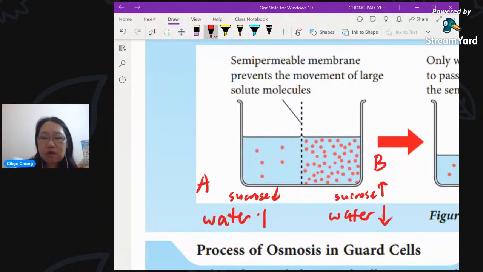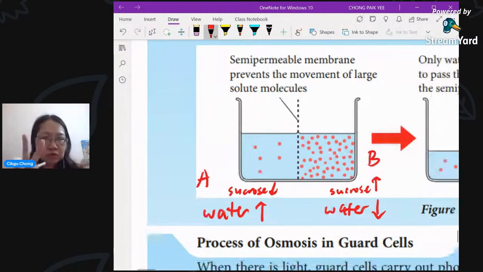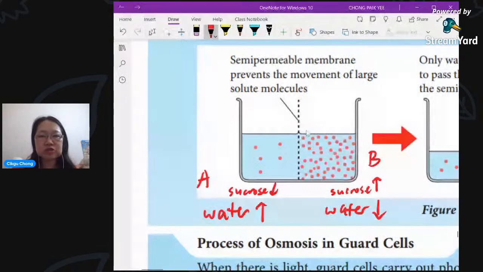Yes, because it's not sweet. That means a lot of water. If I give you a sweet-water solution that's not very sweet, with little taste, it means there's too much water. So water is more. Now you see you have two places with different water concentration. We look at water; don't confuse yourself by looking at sucrose. Let's concentrate on the water first.